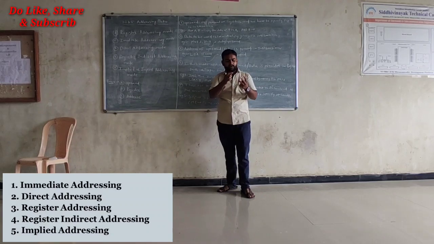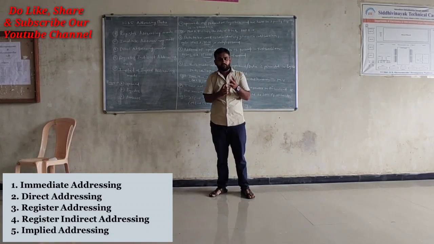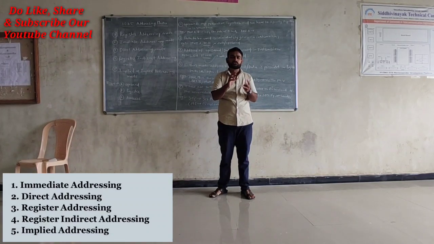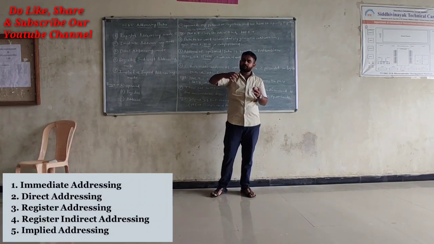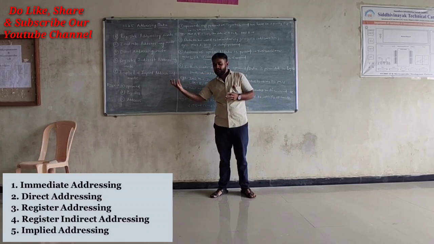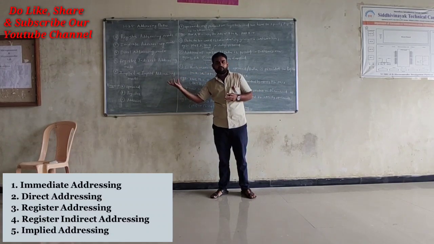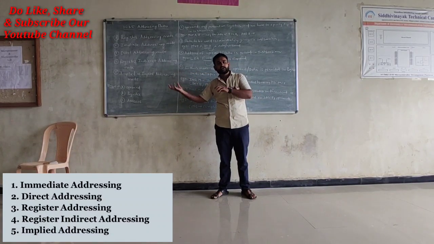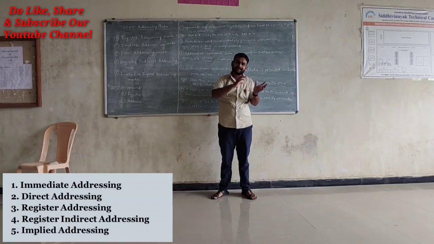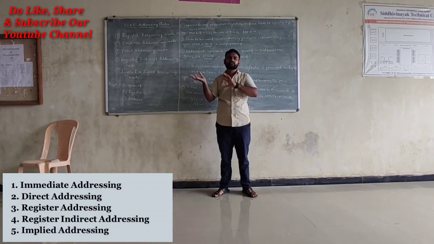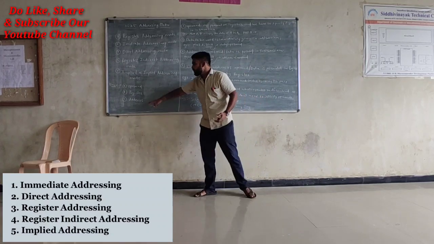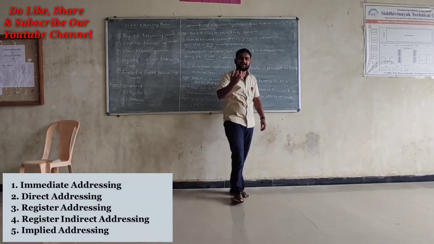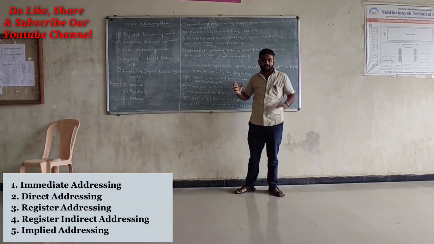There are 3 basic things inside the microprocessor. Whenever we want to store any data, we need a memory. That memory has locations, so we need to know the memory address of the location where we are saving the data. Normally the data is called an operand. So what is the meaning of data? Data is called an operand.